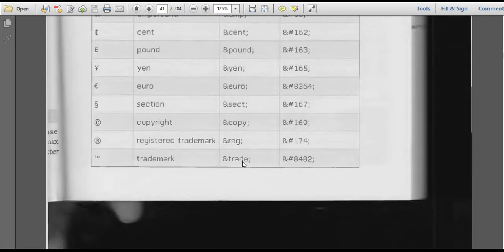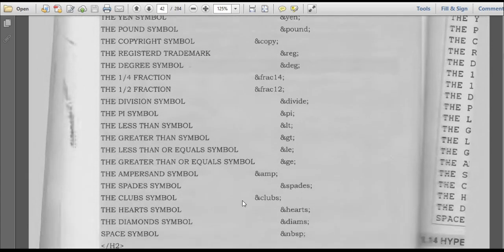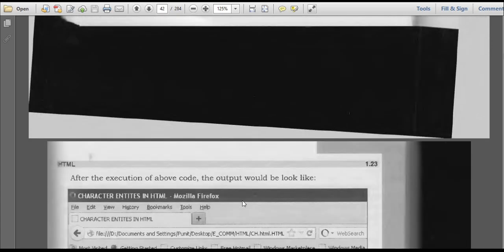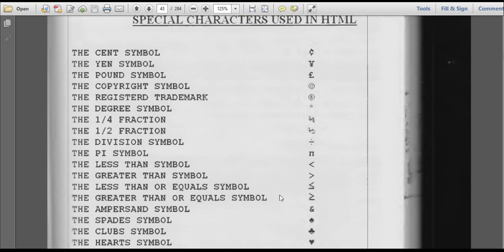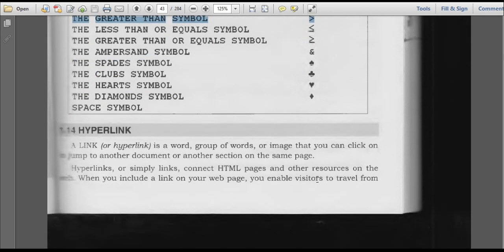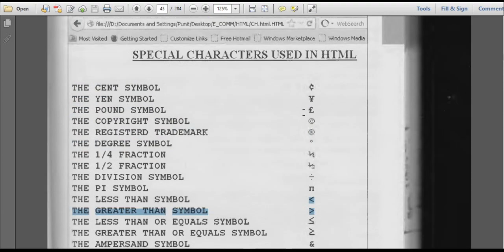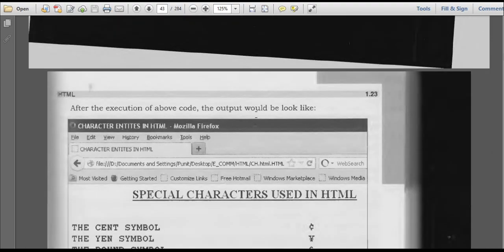It must start with an &. So it is a simple example for special characters which are used in HTML. If you want to display less than symbol, &lt; will give you less than, and &gt; will give you greater than. Okay, like this. So these are some symbols. Today we have discussed already. I have shared this PDF with you, so you just go through it till these character codes.